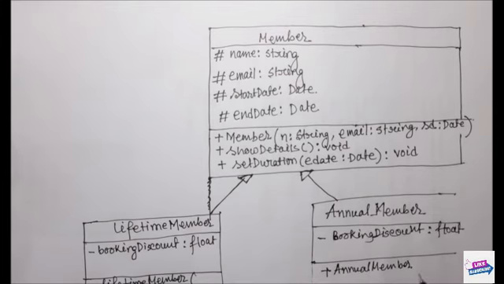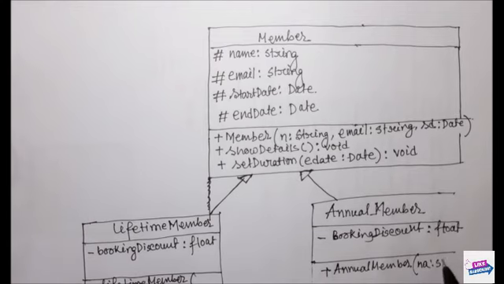Okay, annual member, and all those things I have just written here. So name, everything is there. For example, in name I am just writing string. Email I am writing string, and start date is date, end date is date. So this is my constructor. Suppose I want to